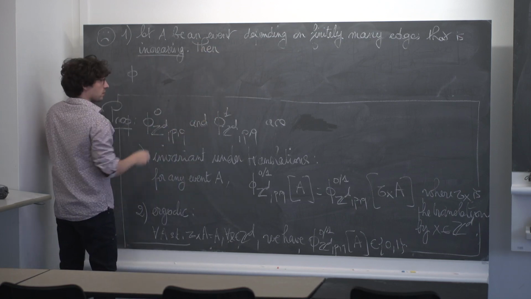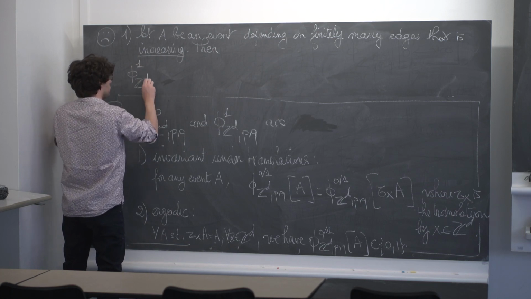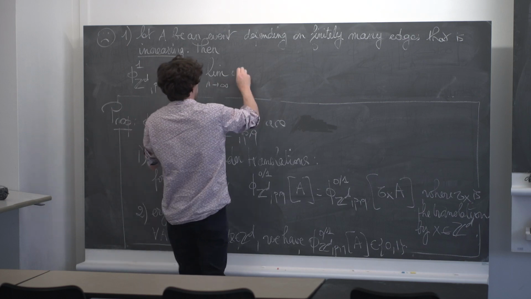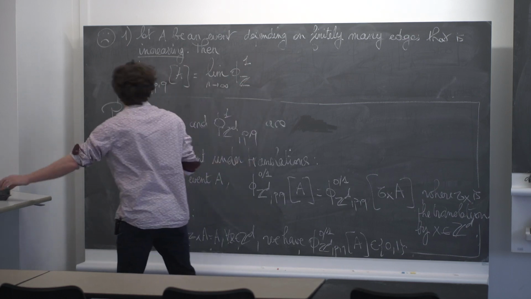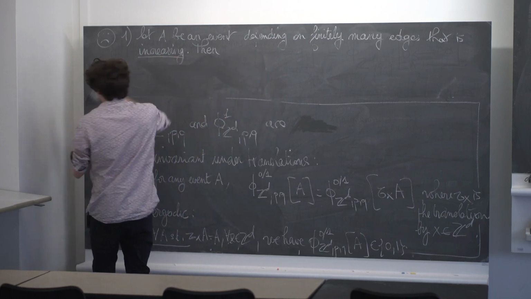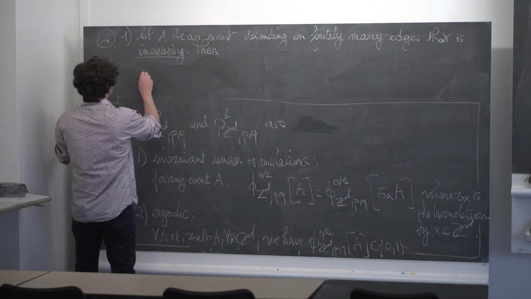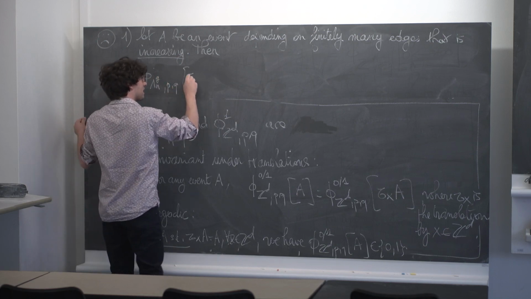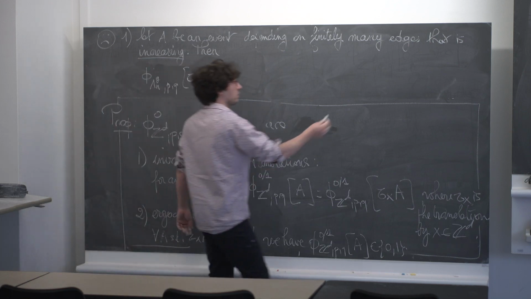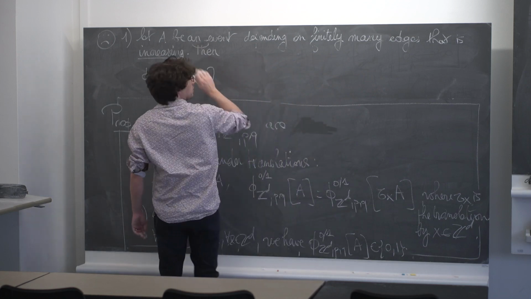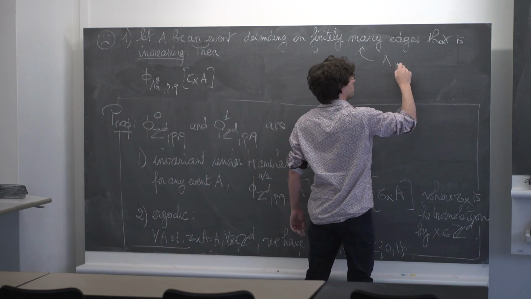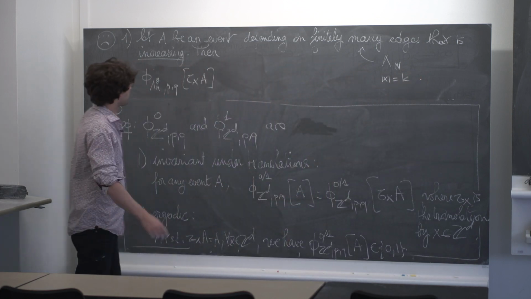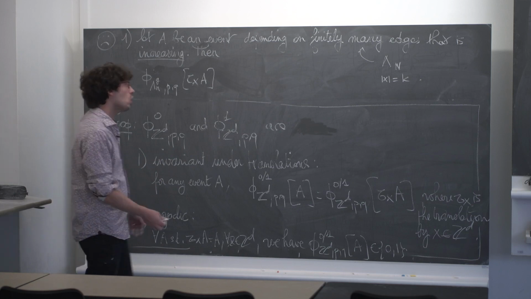Then phi 1 ZD PQ of A is the limit when n tends to infinity of phi 1 lambda, phi ghost lambda n PQ of tau x of A. If A is an event depending on the edges in lambda n, capital N, and let's say that X is of norm K, infinite norm K,